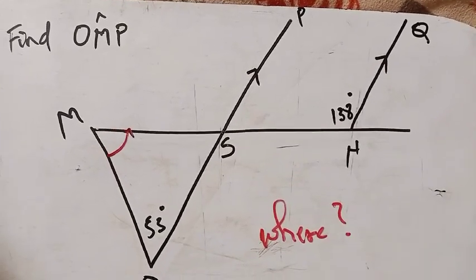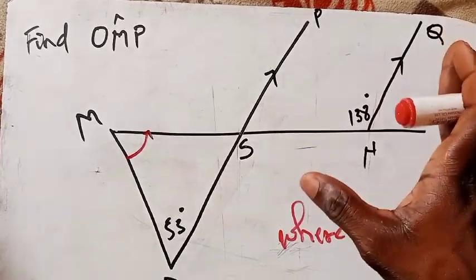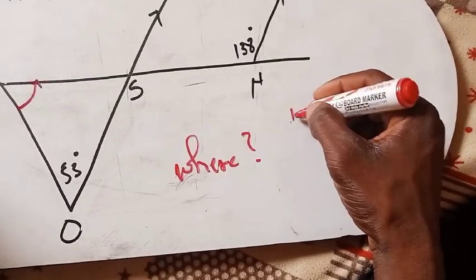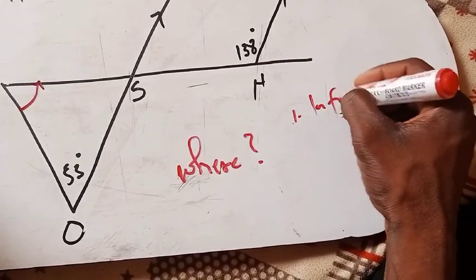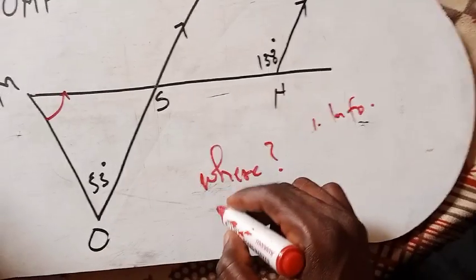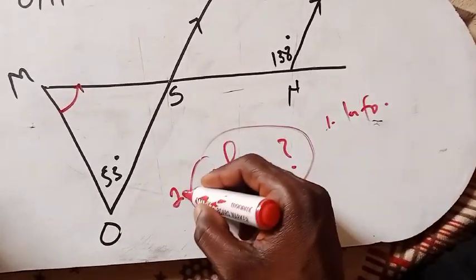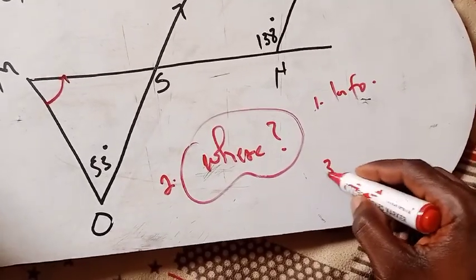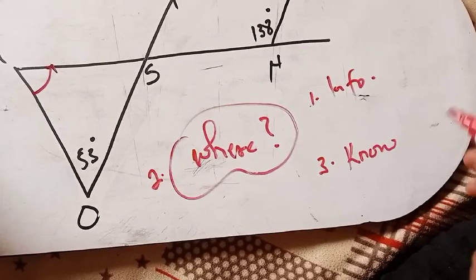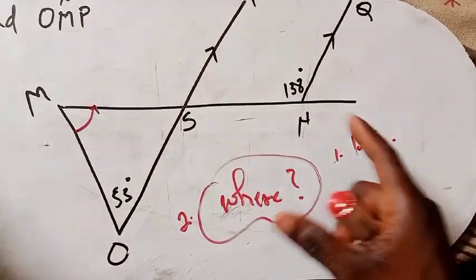This is a trick for you to solve almost all the questions relating to triangle or angle questions like this. Your first step is one, the information given to you, all the info given to you. And then two, which side are you looking for? So which side, this should be our number two, which side are you looking for? And then finally, what do you know? So these are the three things I think to help you to solve almost all the questions relating to angles